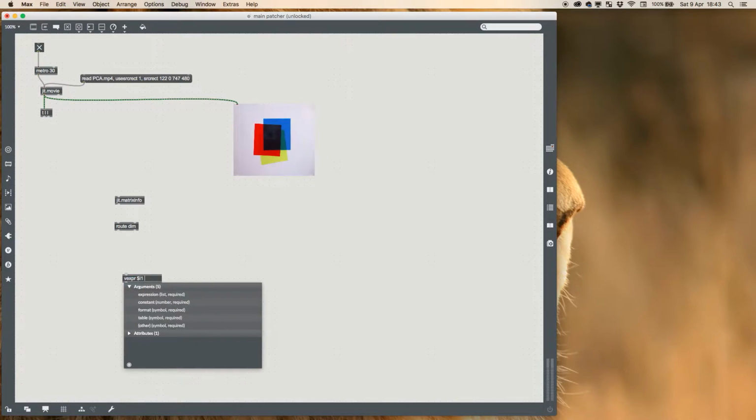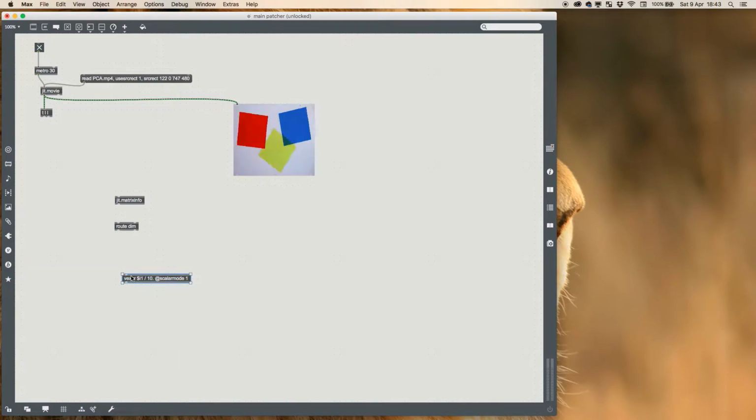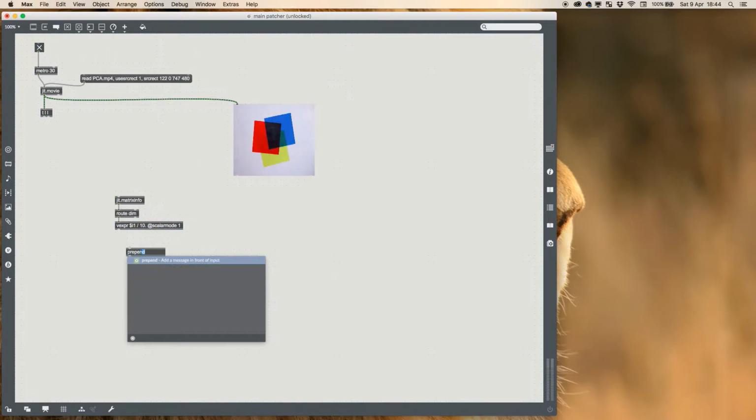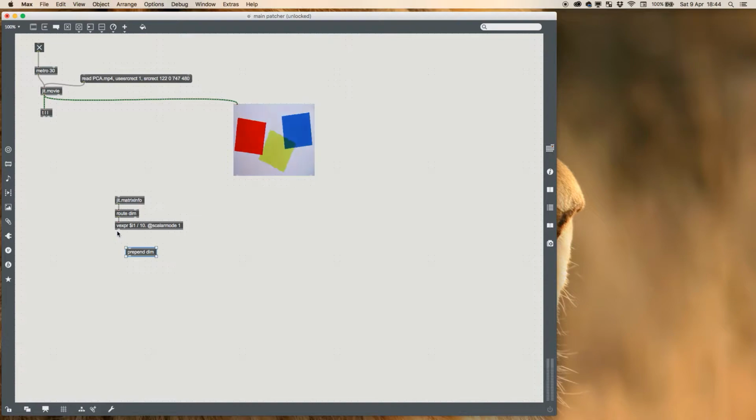I'm going to do i1 divided by 10 @scalarmode 1. And what this is going to do, it's going to take our matrix and basically divide it by 10 neatly so that it's 10 times smaller. And this is a fairly small movie already, but this is a nice trick to remember for future if you're finding that your video processing is slowing everything down. And I'm going to prepend dim again, so I'm telling it it's a dimension again,